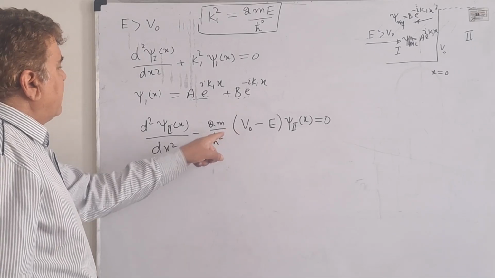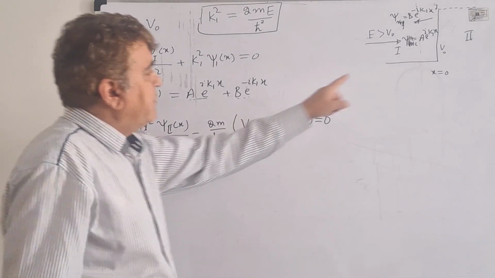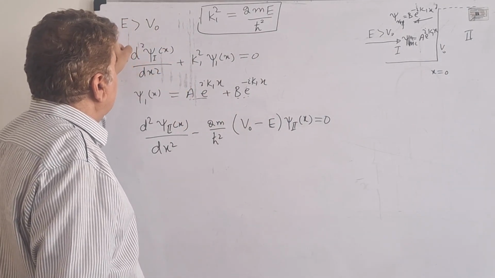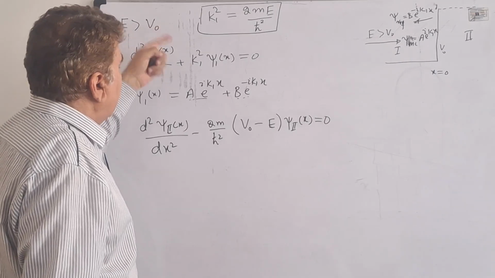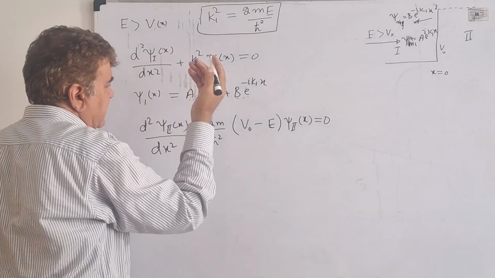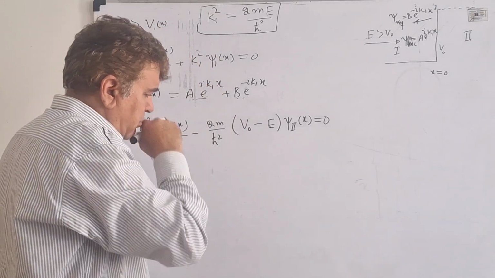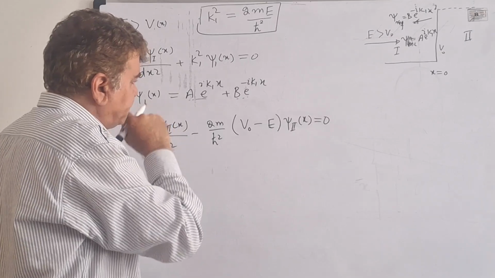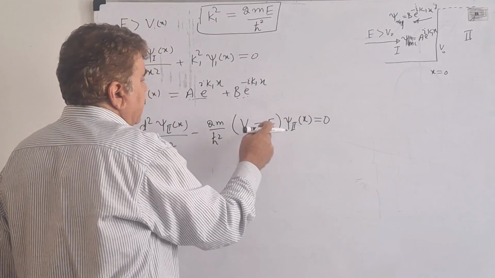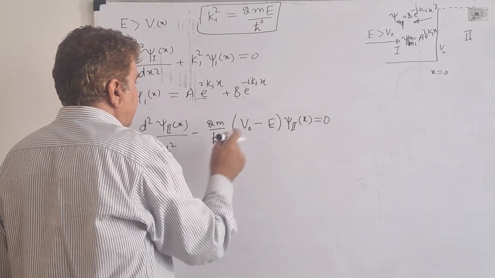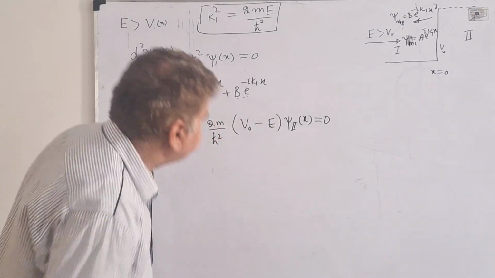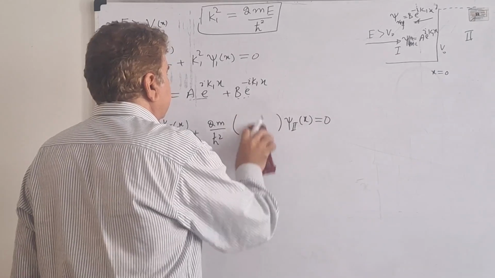This was the form of the Schrodinger wave equation in region 2 when V naught was greater than E, and now we are solving it for E greater than V naught. In the previous video I called it V of x, but don't be confused with the notation. I can take the minus sign out of these two terms, so this would become plus, and reverse these two to write it in this form: